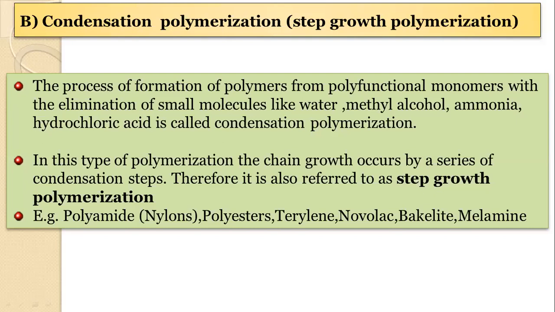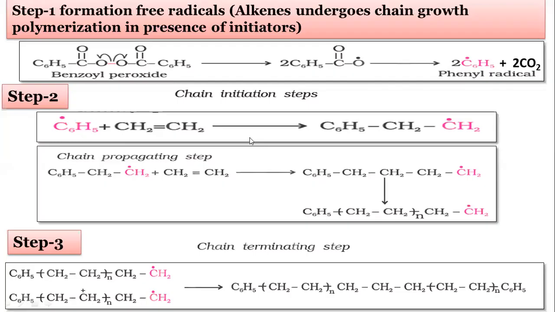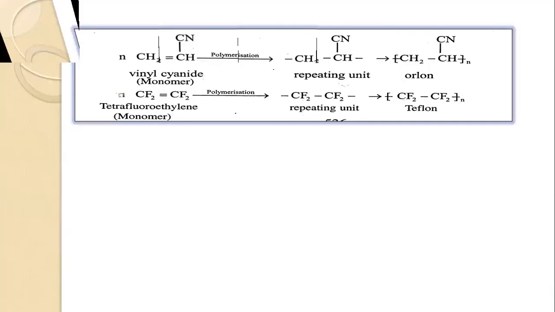On the basis of example, we can easily understand what is meant by condensation polymerization. Then the second thing is, in this type of polymerization, chain will grow in a series and stepwise. So therefore it is called step growth polymerization. And in case of addition polymerization, the addition polymerization takes place across the,